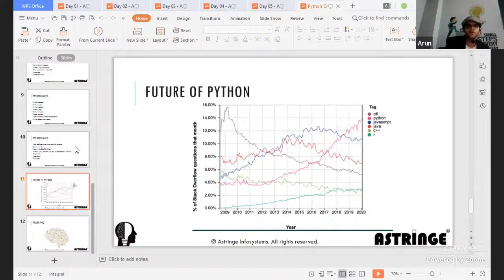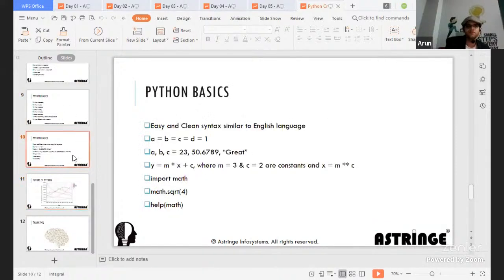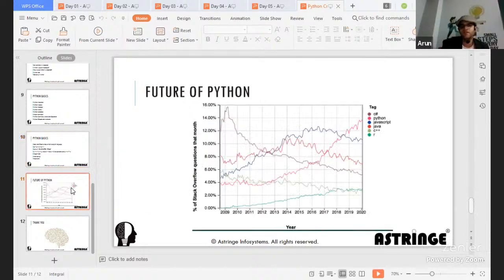Okay, so the future of Python. According to, I think this was published by, I don't remember, probably Gartner, I guess. What they say is the percentage of Stack Overflow questions that month in Python is way higher than any other language. Until 2012, people didn't have much idea about Python, where all it could be used.